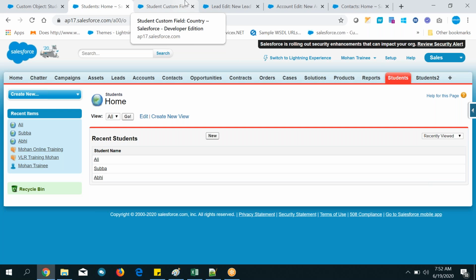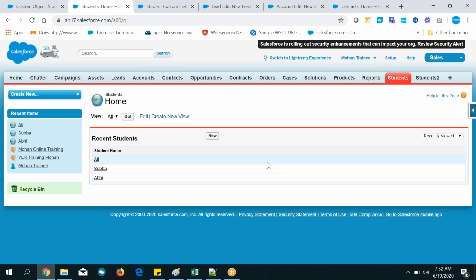If I select India or Telangana, I want to see only Hyderabad, Warangal, something like that. Is it possible? If I select Andhra, yes, it is there. The topic is called field dependency, that is one more topic. As I said, everything is possible with the help of Salesforce, so don't worry about those kinds of things. You will see that going forward.